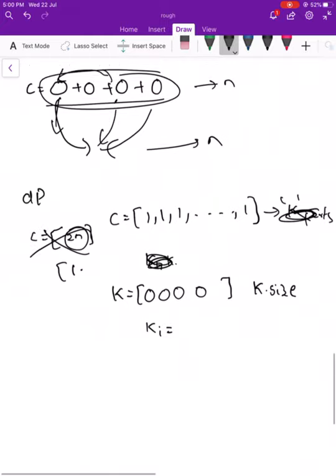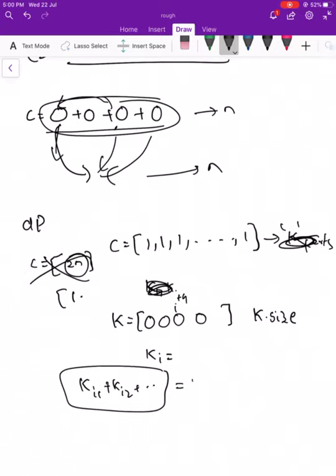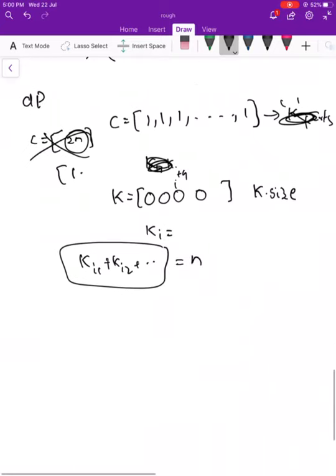Let us define the array k, where k of i represents the size of the ith part. We have to see whether there exists a sequence i1, i2 and so on, so that the sum of these numbers will be n.